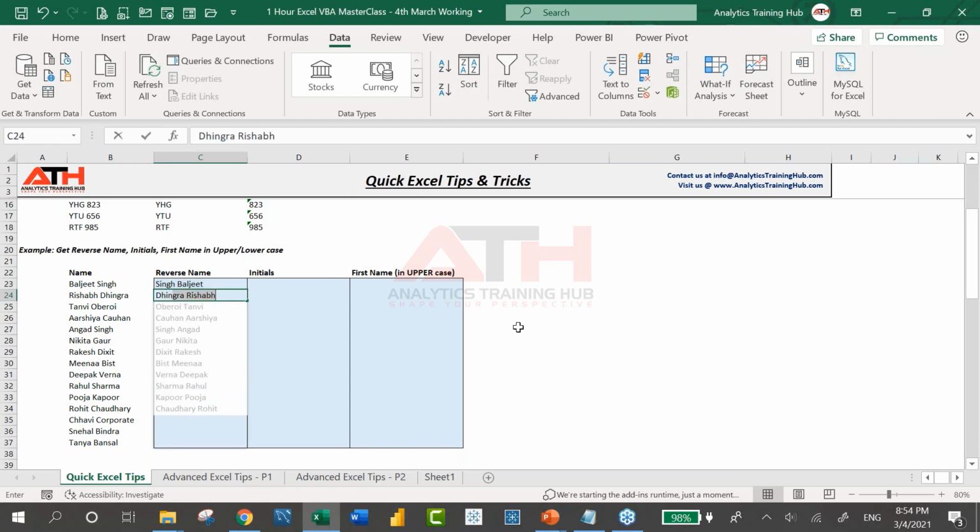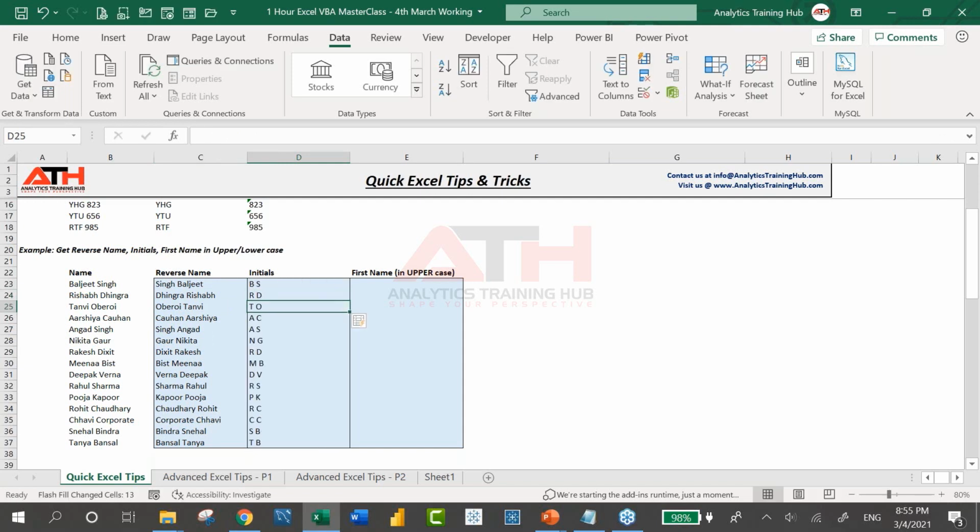Once you type the pattern for a few names and you're done with that, press Control E. The moment you press Control E, you can notice it is following the pattern and giving me the result in the rest of the cells. Now let's say I want initials only. So I type the initials, give 1 or 2 samples, and then it assumes what I am trying to get. Pressing Control E gives me the result.